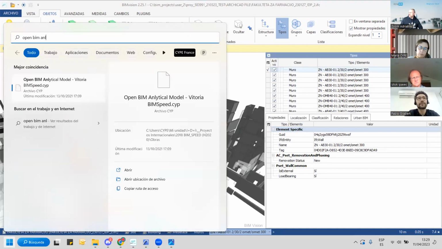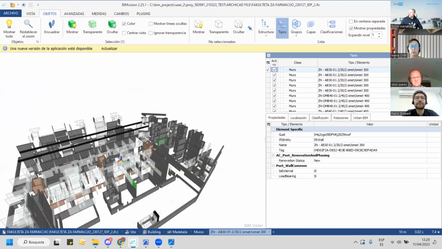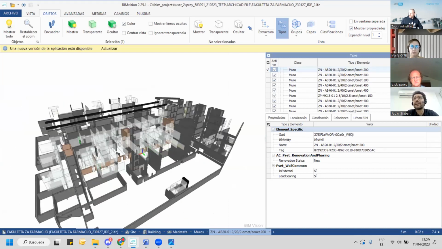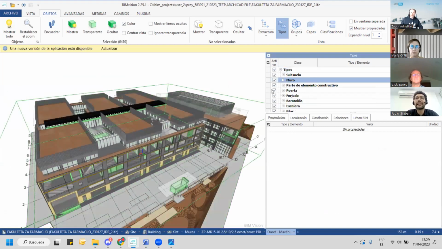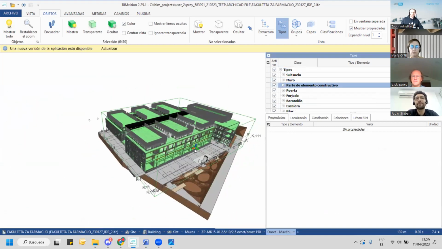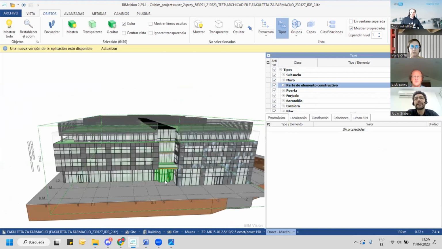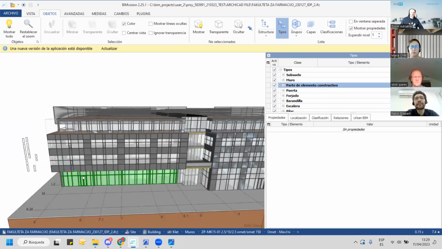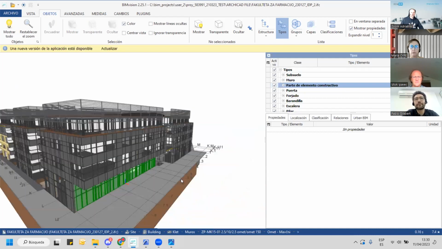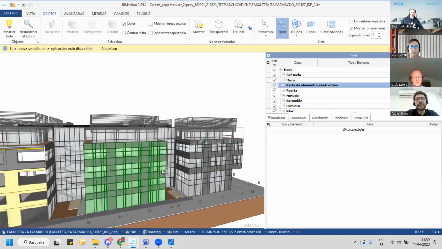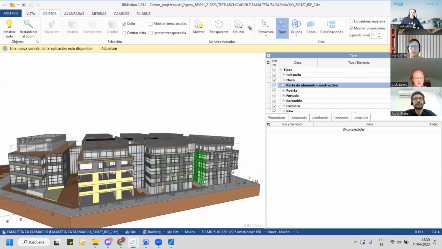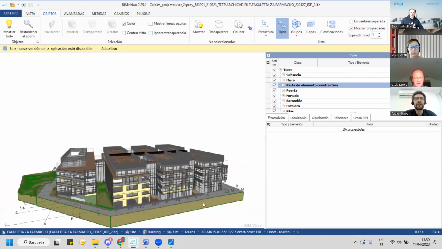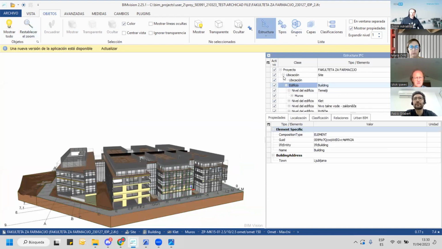Okay. And I think this is everything I have identified. Maybe there are some other problems, but as I couldn't open the ArchiCAD model, this is what I have identified based on the IFC. So you see also the garage here. The garage, yeah. Yeah, identify the garage here also. Yeah. So let me go to the